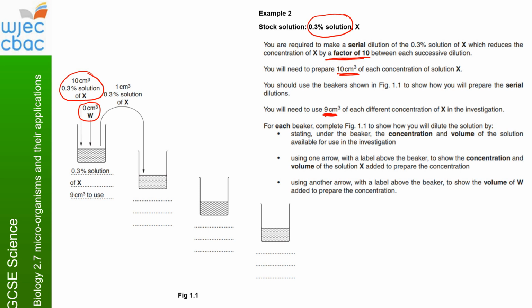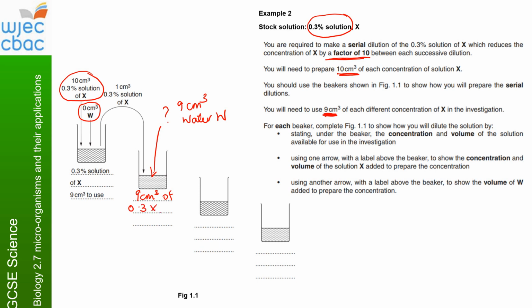So we are going to take 1 cubic centimetre of the 0.3% solution X. We're going to put it in this beaker. We need to have 10 cubic centimetres in here. So how much water? You should be able to guess that that will be 9 cubic centimetres of water, and we'll call water W, okay? It would be distilled water. So in here, we would have 9 cubic centimetres for our volume of